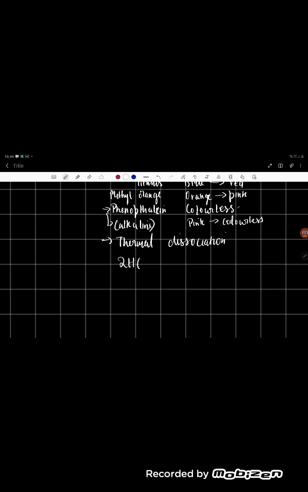So 2HCl, a reversible reaction under 5000 degrees Celsius, will give you H2 plus Cl2. This is something to remember. And a few reactions to remember are